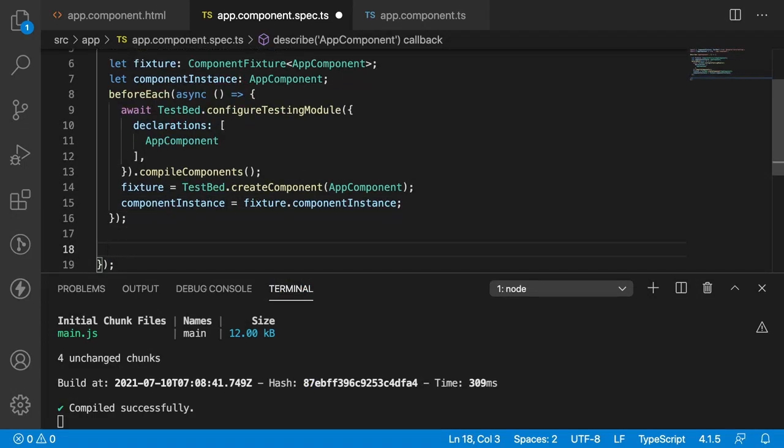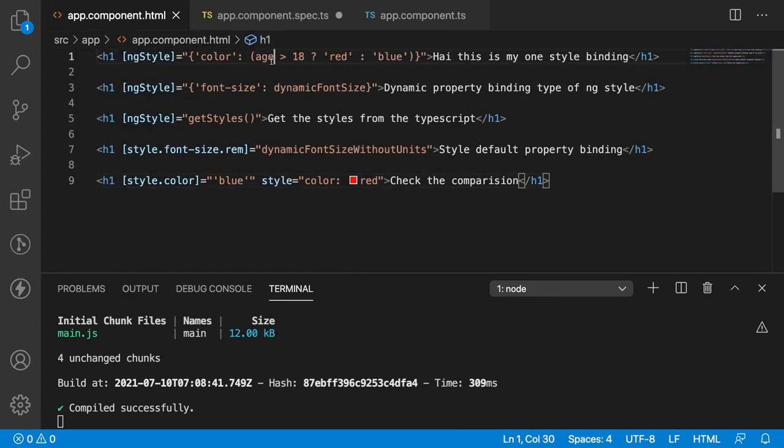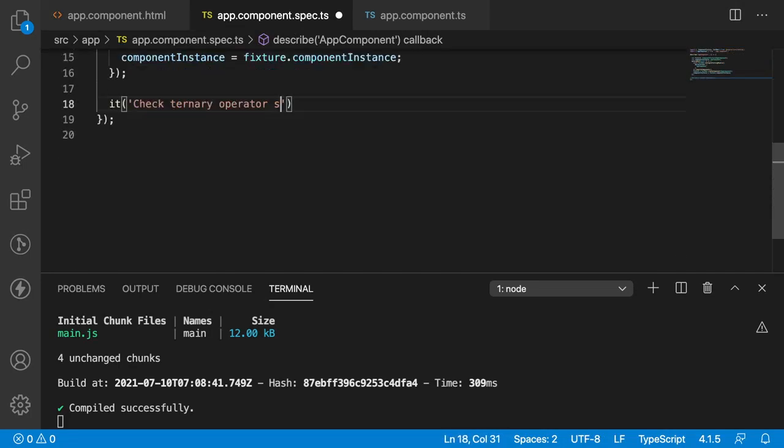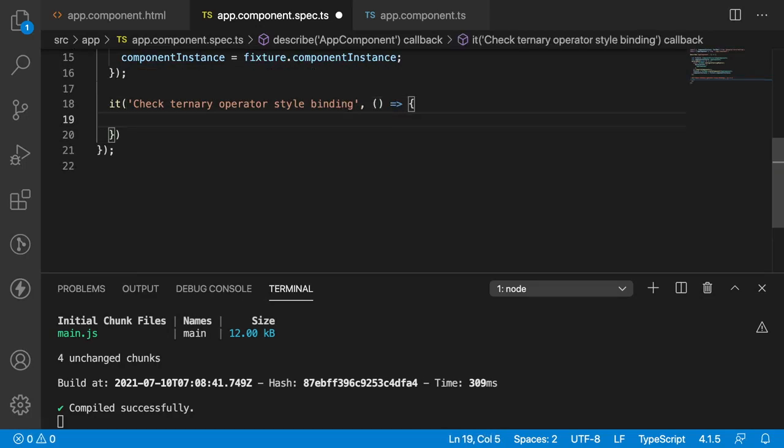Let me create a first use case, that is it. It indicates one use case. And what is my use case? I want to check when the age is greater than 18, it should be red color, and if it is not, it should be blue color. Let me check that. Check ternary operator style binding, and this will take a callback function. Inside this callback function, let me get the element.